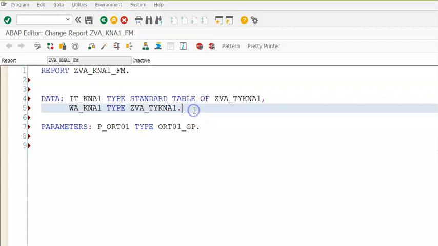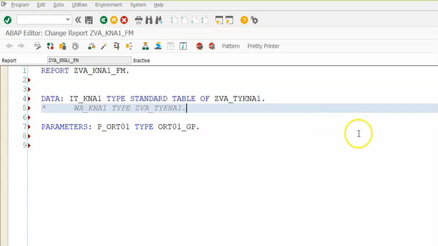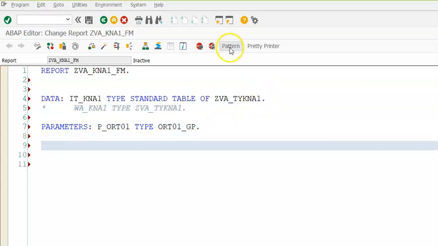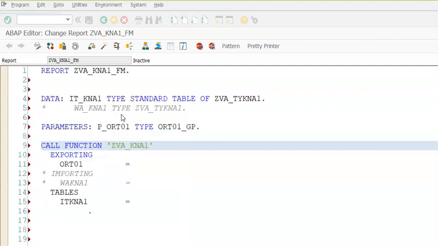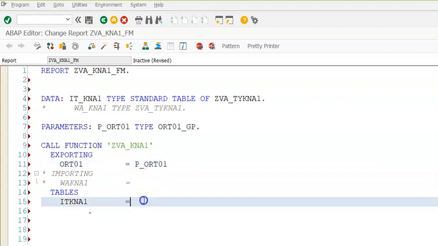So we'll go ahead. I think work area is not required here at all. Yeah, we don't need work area because the work area is taken care inside the function module. So we just need to click on pattern now, get that ZVA KNA1, and in this we'll go for P underscore ORT01. This is something with IT underscore KNA1. That's it. Save, syntax check, activate,